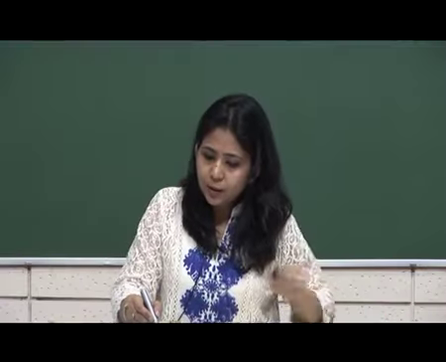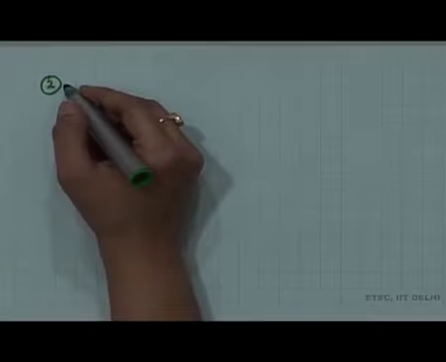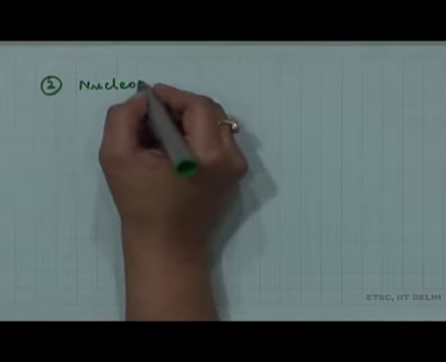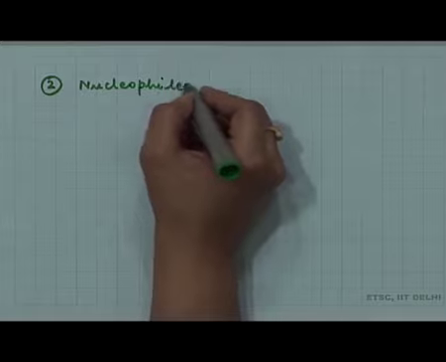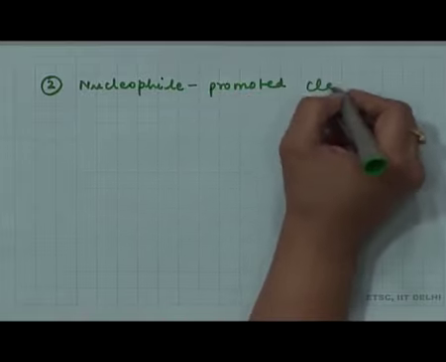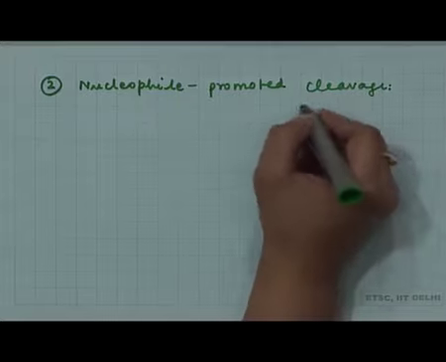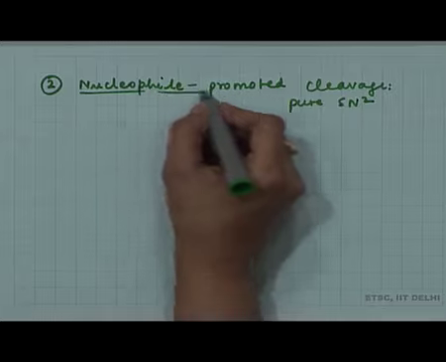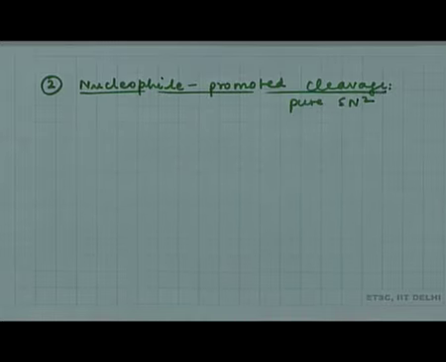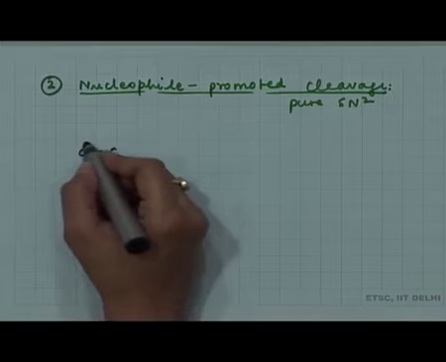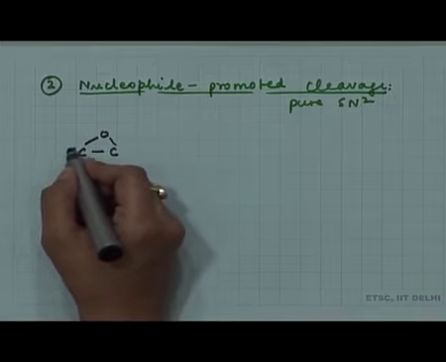Okay. The second, which I told you is not possible for the acyclic ethers, is the nucleophile promoted cleavage, which can only happen for oxirane. So, you have a nucleophile promoted cleavage, which is a pure SN2 pathway. Okay. This is a pure SN2 nucleophile promoted cleavage. So, what is happening in this case is that you have your oxirane,